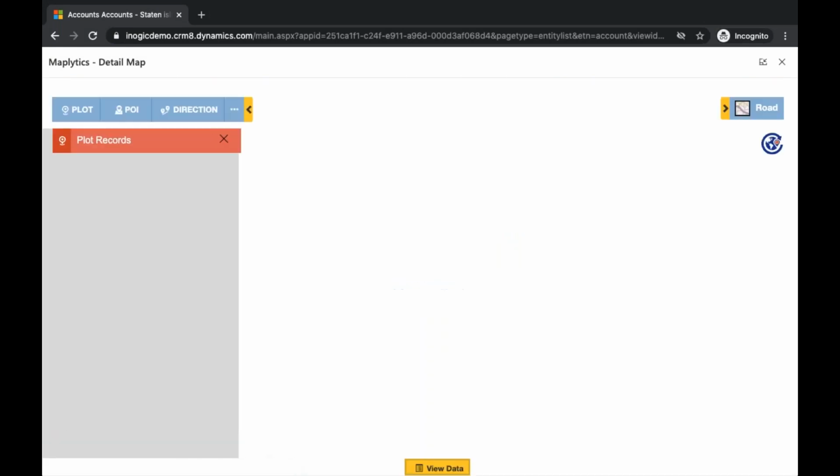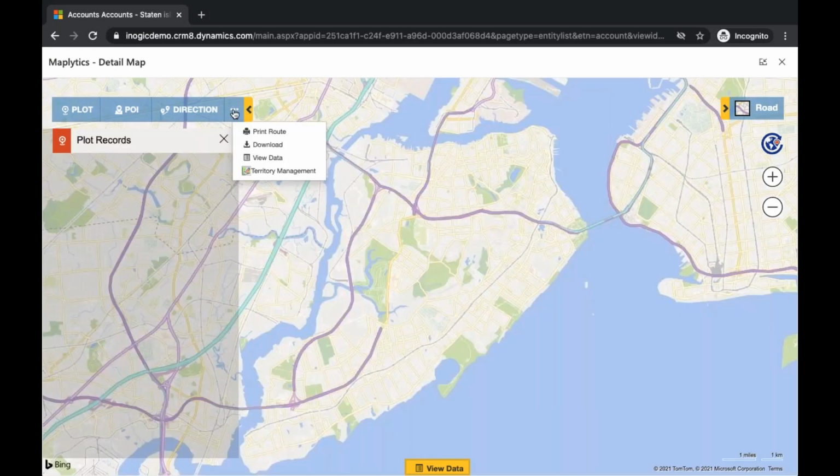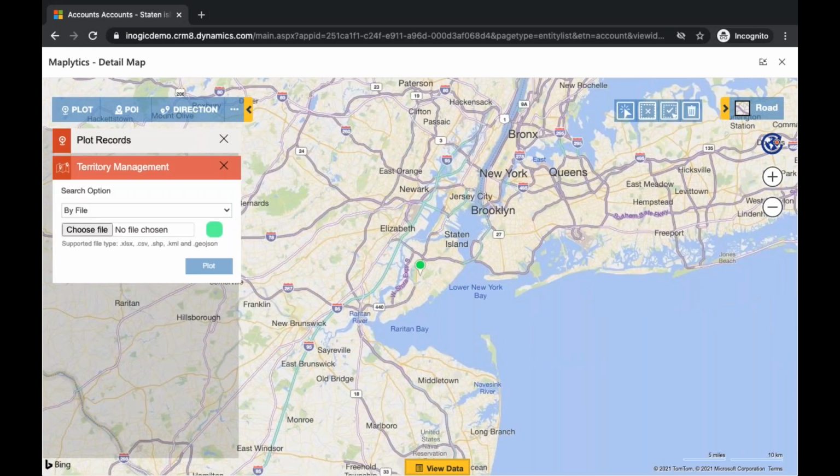So we already have the section of territory management, so I'll go for that. So within this release, we have added the ability to create the territories automatically. You will be able to create balanced territories automatically based on the distribution of the count of records that you want. Right. So for this, I will select the by file option over here,